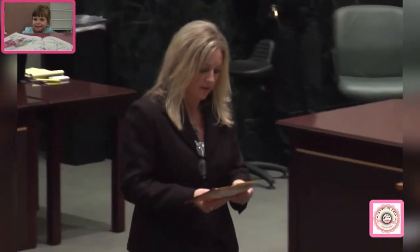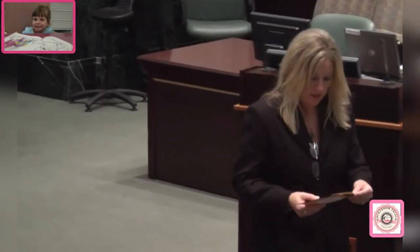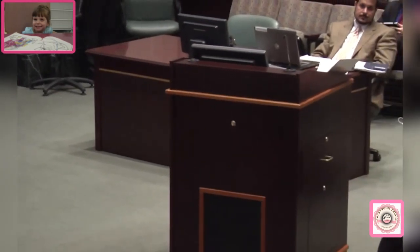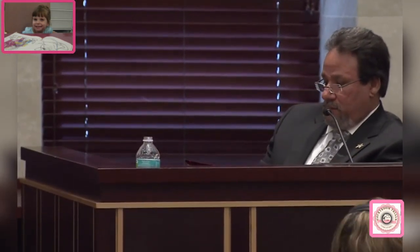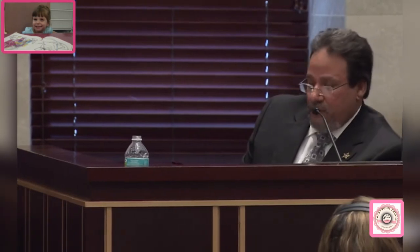Witness with II for identification. You may. Have you take a look at this item? Tell me if you recognize it as something you've had contact with in the past, and if so, what is it? Yes, I recognize the package, it is tag number